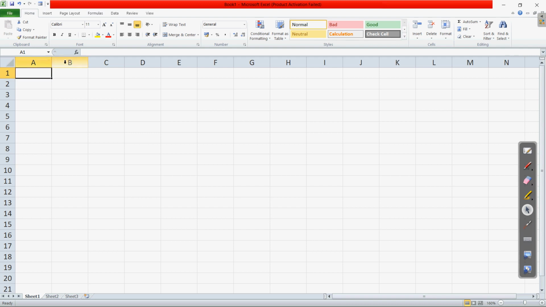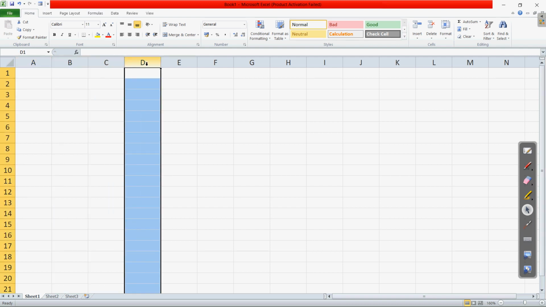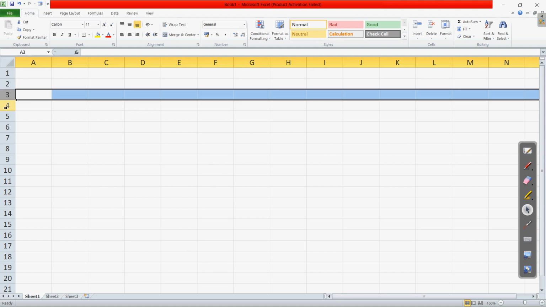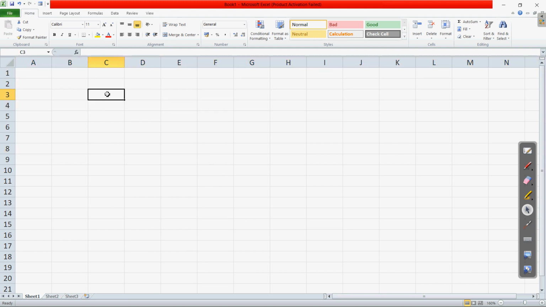So these A, B, C, D are the column names, and 1, 2, 3 are the rows. Suppose I click here in column C and row number 3, you can identify it by the yellow color also, and the same C3 is appearing in the name box here, clear. So this is the address of this.